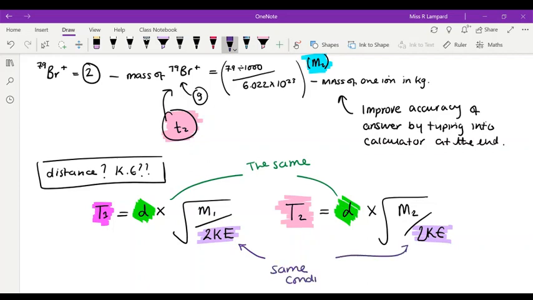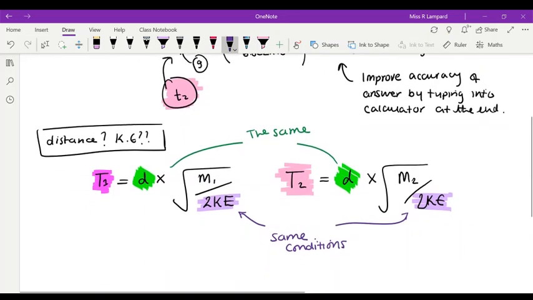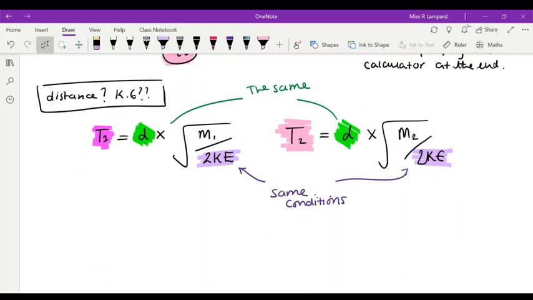So essentially, if we manage to get all of our constants and the variables on the same side of the equation, we might be able to do a bit of cancelling. So let's have a look at how we might rearrange this to get all of our variables and constants on the same side. So if T1 is equal to distance times root mass of 1,